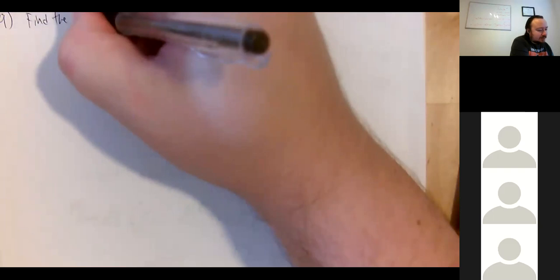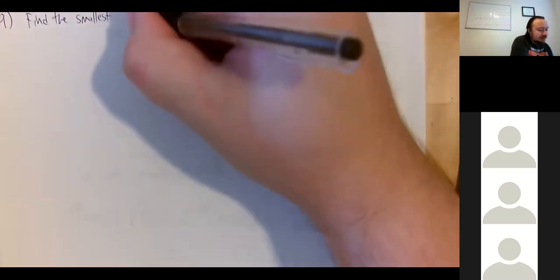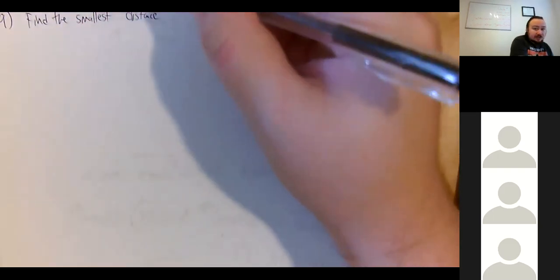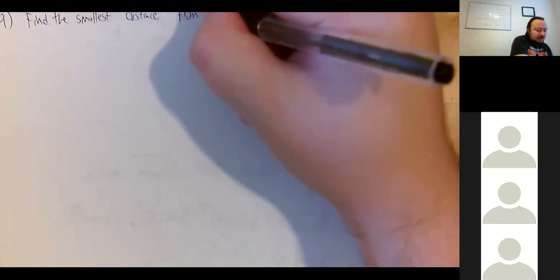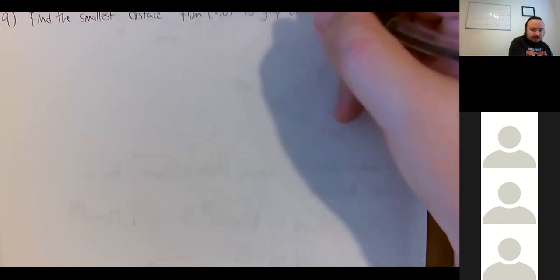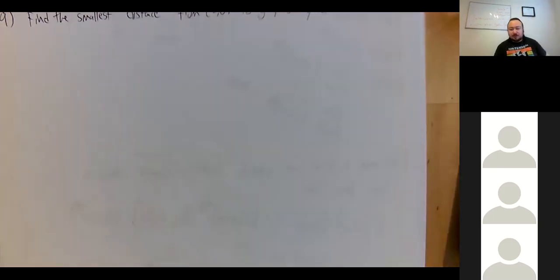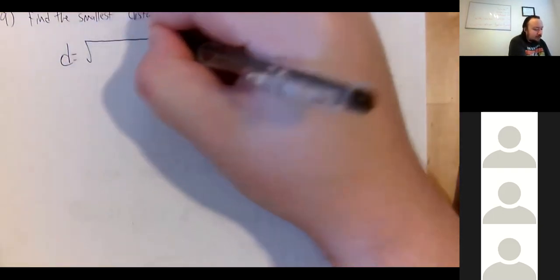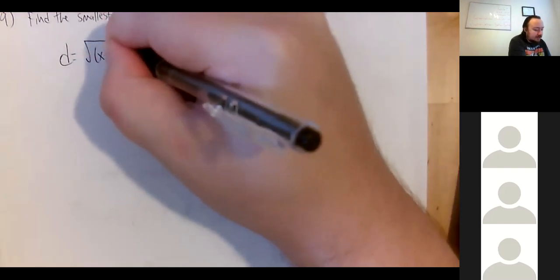Find the smallest distance from the point (2, 0) to the graph of y equals the square root of x. All right, let's go ahead and do that. All right, well, the distance formula from the point (2, 0) will be the square root of x minus 2